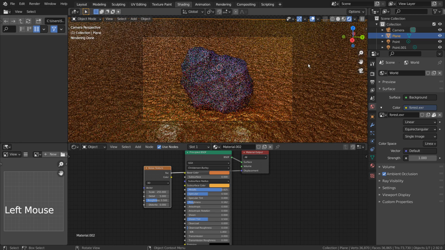I'll turn the specular off, so the lights don't bounce off the ground too much.